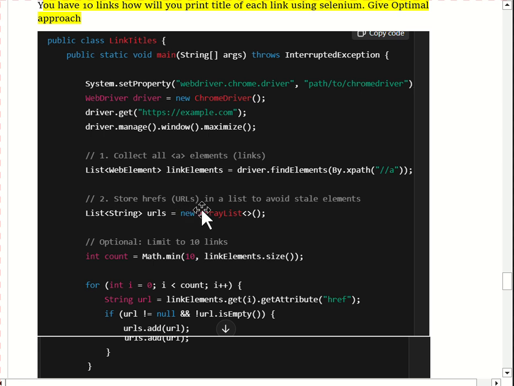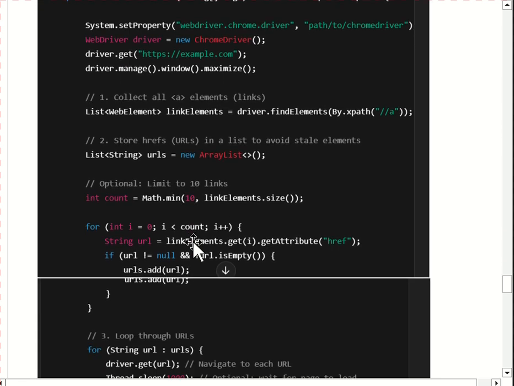Then we have to store the href URLs in a list to avoid the stale element reference exception. So for that we are using List<String> urls equal to new ArrayList. And here int count equal to Math.min, which means the optimal limit for the 10 links, because we have to extract 10 links.